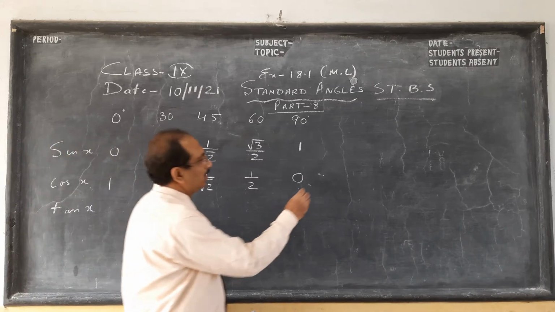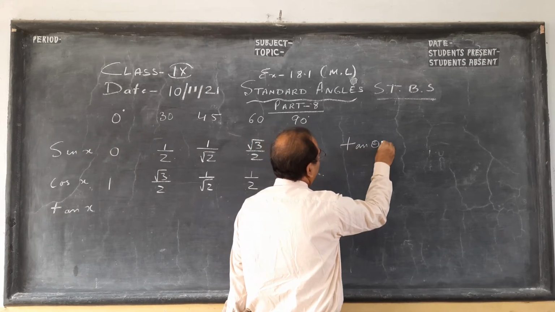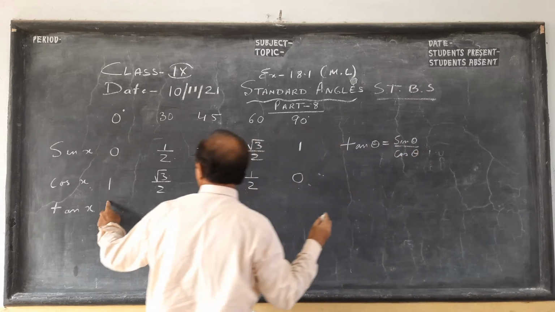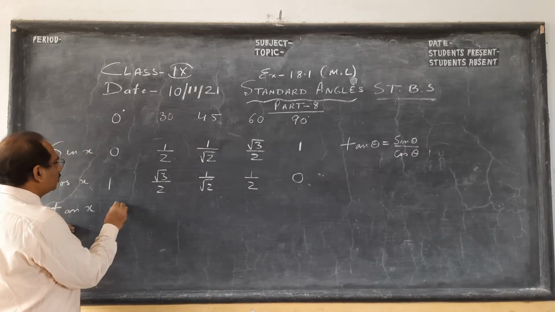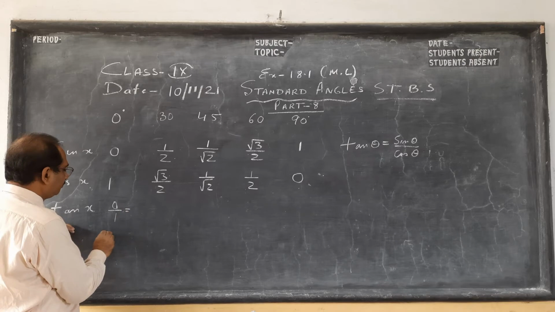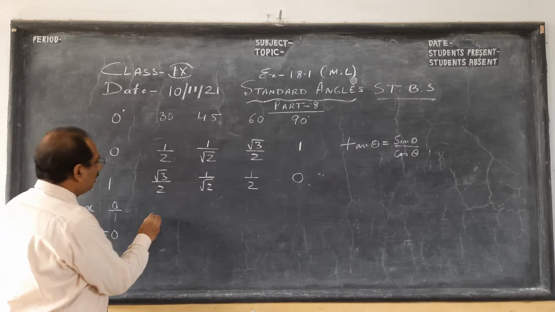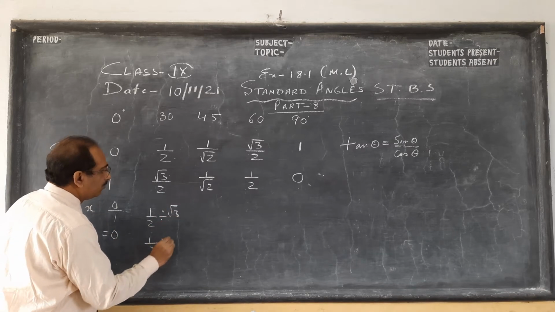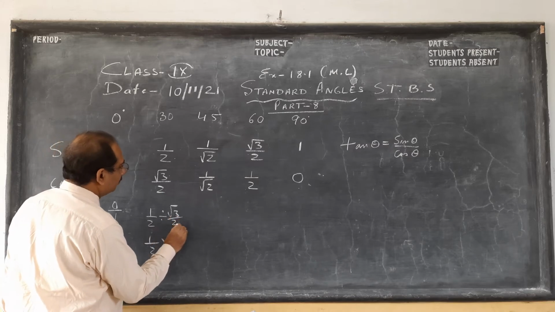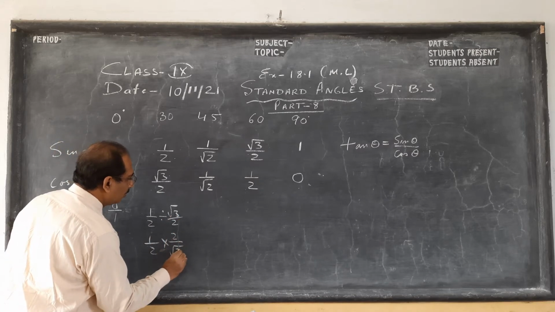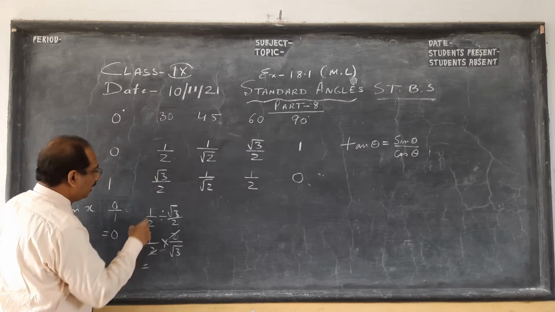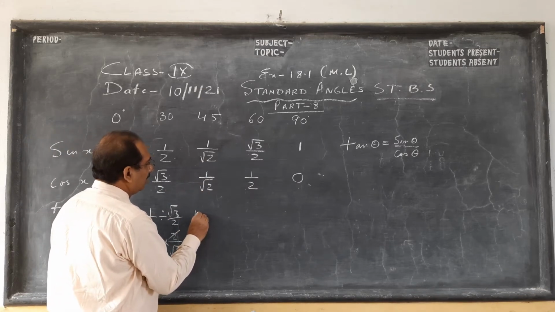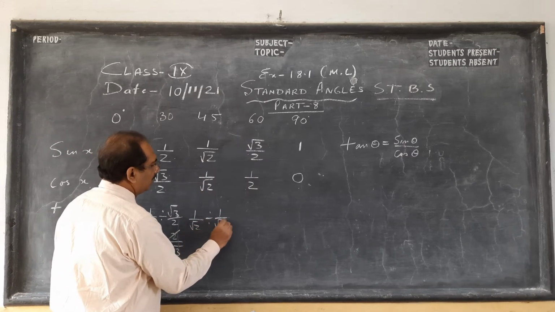Now one thing I have taught you earlier: tan theta is sine theta by cos theta. So here, if you see, this stands over this, so 0 by 1 is 0. Okay. Now see here what you do. If you divide this by root 3 by 2, when division becomes multiplication, 2 goes up, root 3 comes down, so the value of tan 30 is 1 by root 3. Generally you will remember this same thing if you divide. If you divide the same thing, you will get 1.